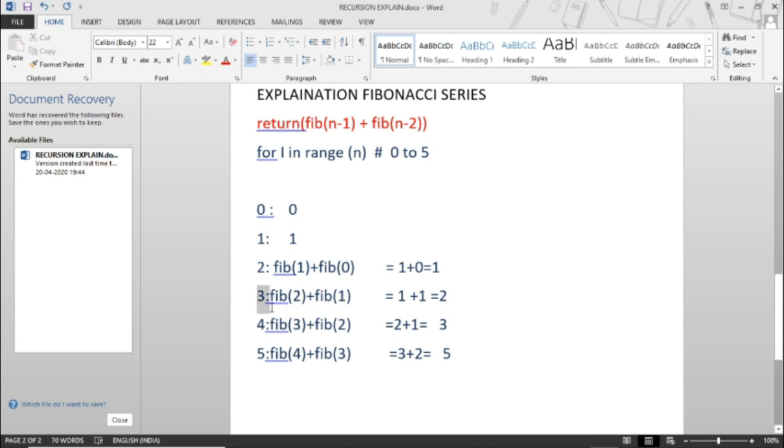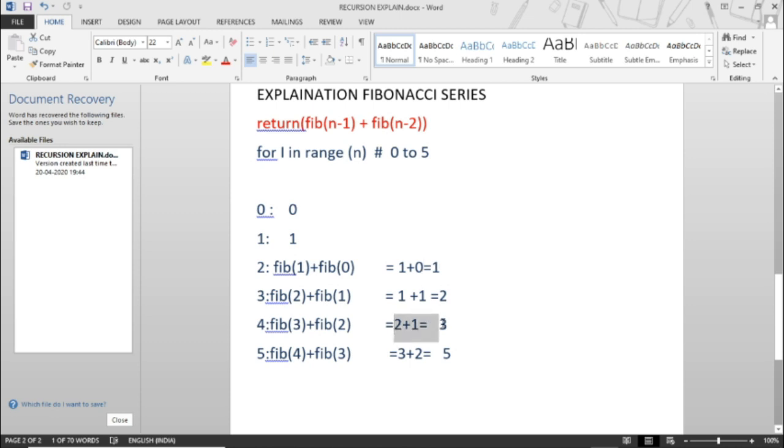Then it will be called for 3: fib(2) plus fib(1). fib(2) I have already taken, that is 1, and fib(1) is 1. So fib(3) will be 1 plus 1 equals 2. Now it will be called for 4: fib(3) plus fib(2). fib(3) is 2 and fib(2) is 1.